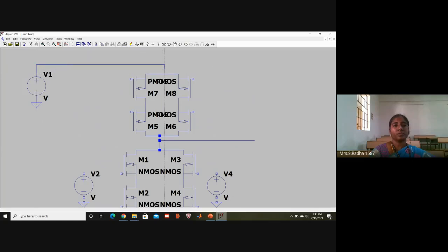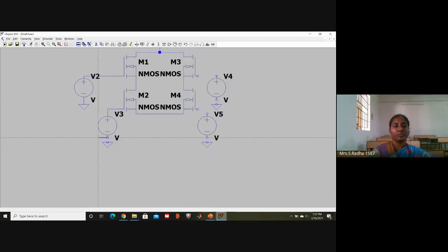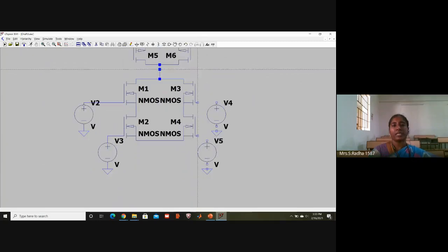This is VDD connected. We have to connect here. Extra wire will create problems, so while drawing we should be careful.